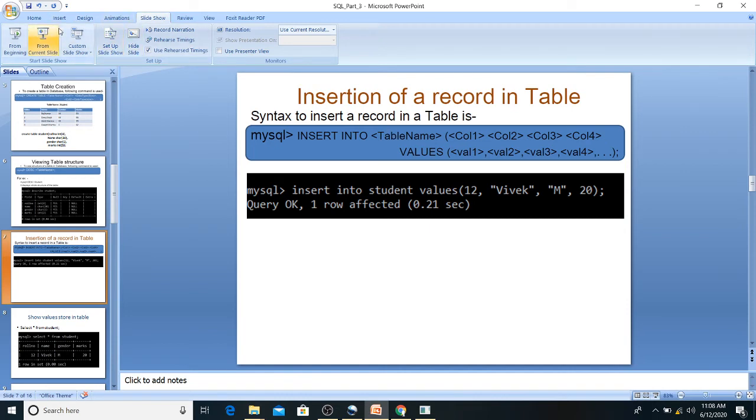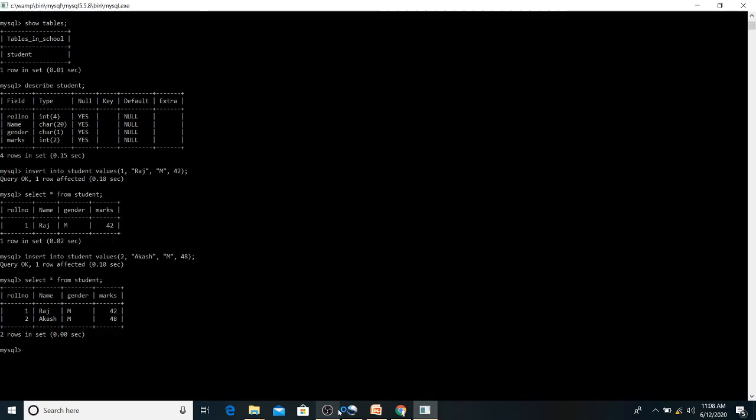Okay, so again let's see, we will insert at least 4 records. If you do not want to write the command again, you can press the up arrow on your keyboard, so you will see the last command which you have run. So just change it here.